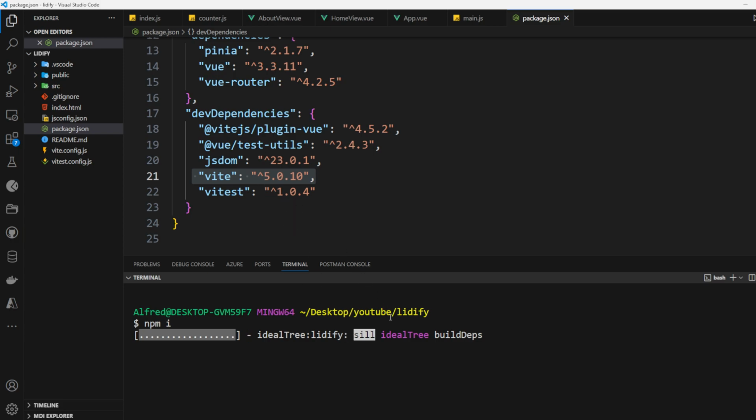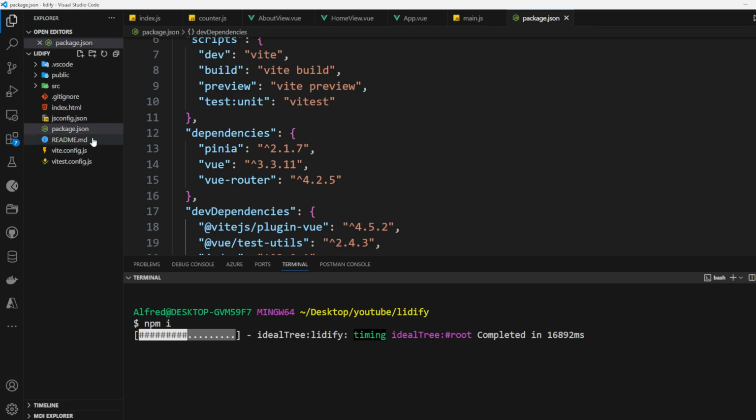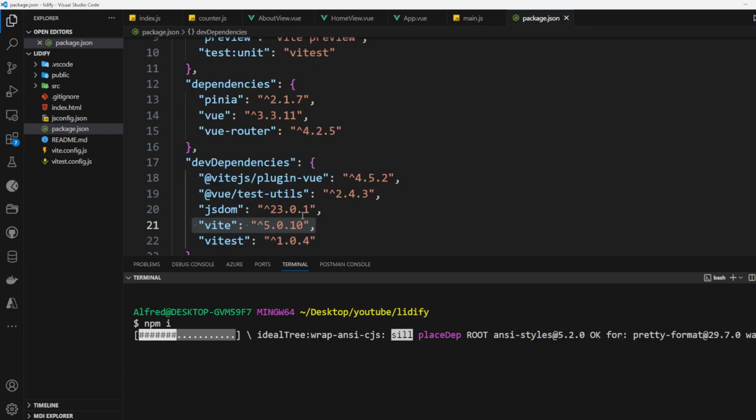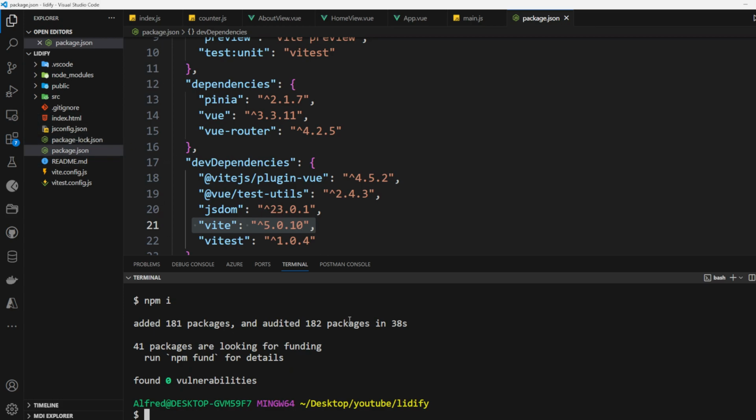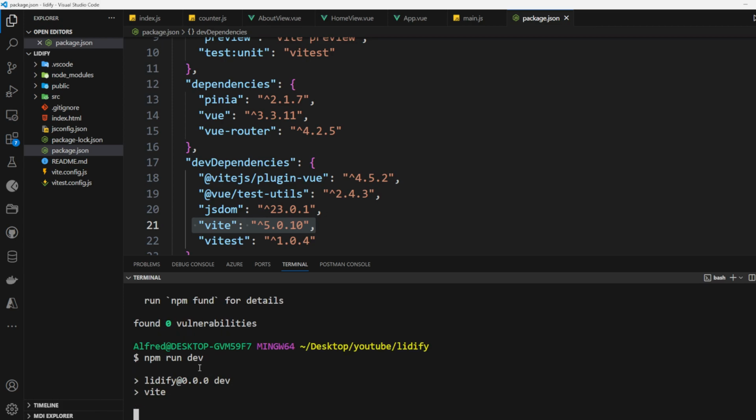All right, so it's going to take a few moments to install all the packages inside our package.json file, and then after installing that, we can just go ahead and run the project and see if it's going to run successfully. All right, and it seems that it's finished installing all the packages, and now what I can do is just go ahead and try to run this project. So I'm going to use npm run dev for me to be able to run the project,